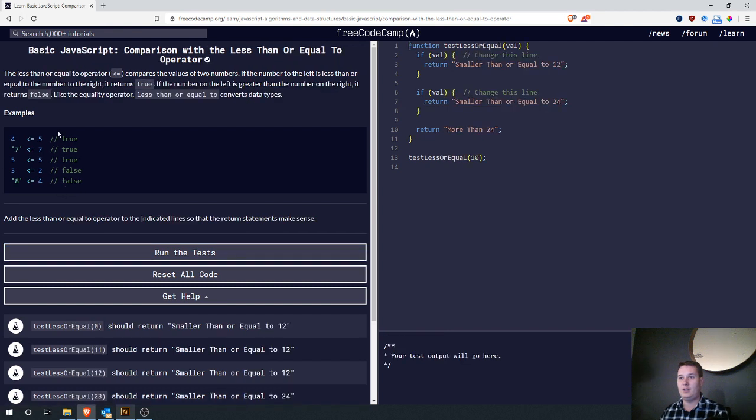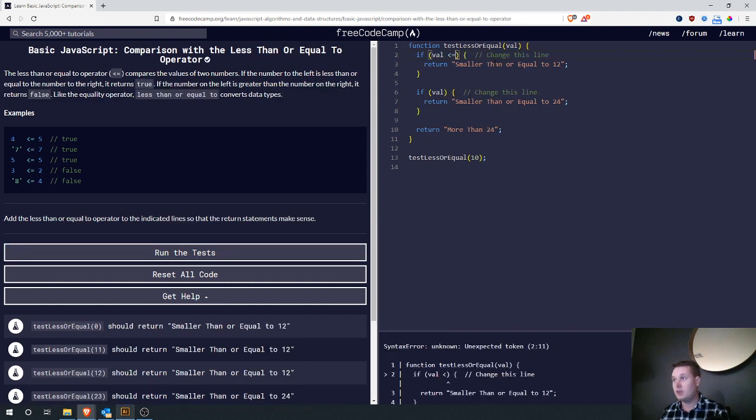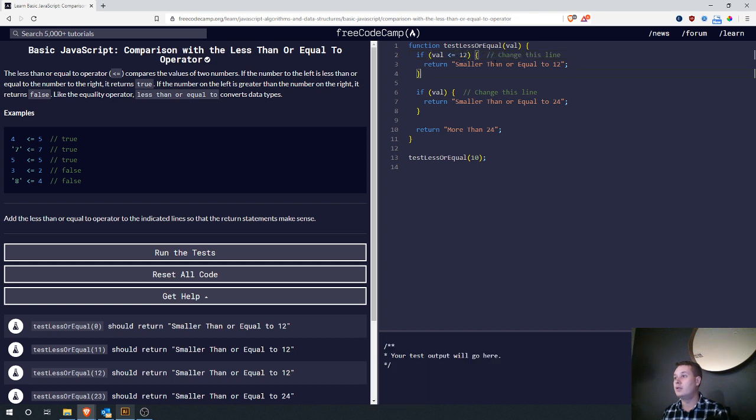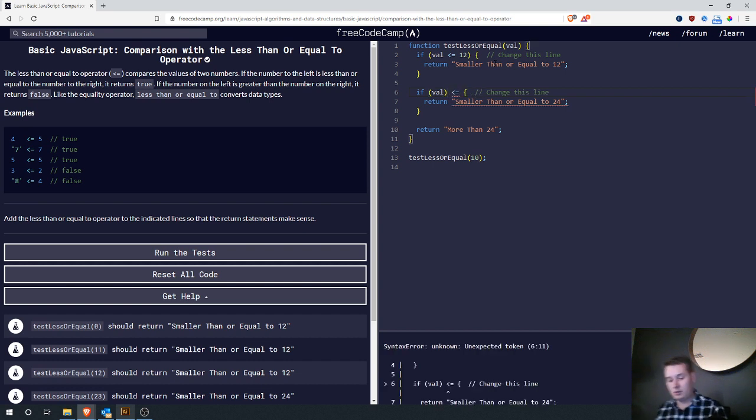And the same thing, you can do less than or equal to, so if the value is less than or equal to 12, less than or equal to 24,